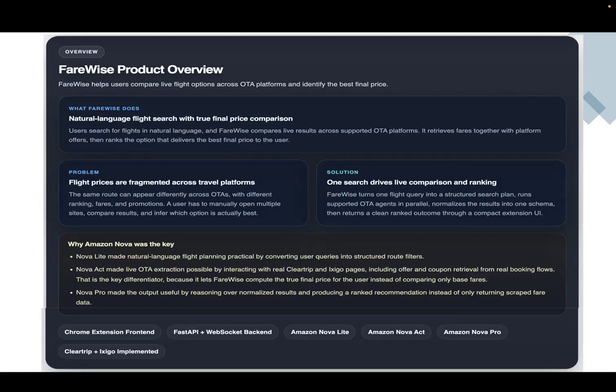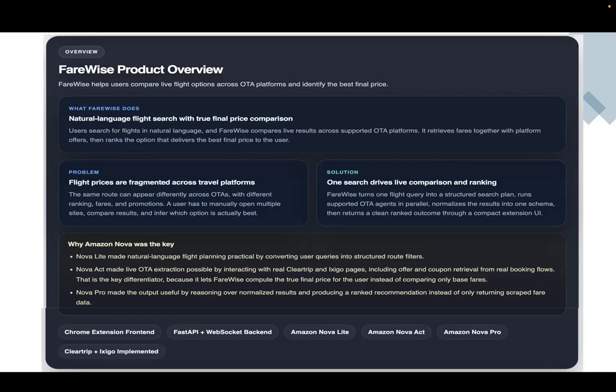So in order to streamline this and find a solution, we have come up with this Fairwise product. Here the user gives only a natural language query. Today it is implemented only as text; tomorrow we will add a voice option also. The user will type, "I want to fly from Chennai to Bangalore on this date. Please book me." That's all they do.